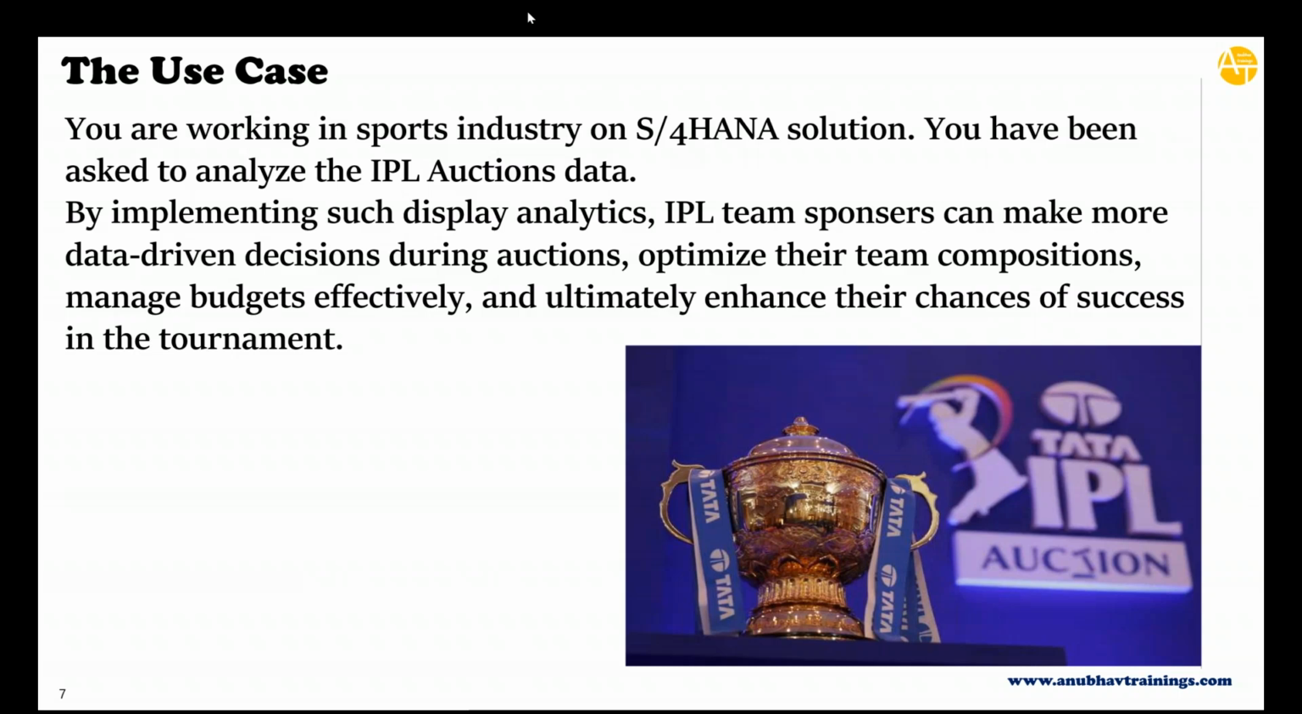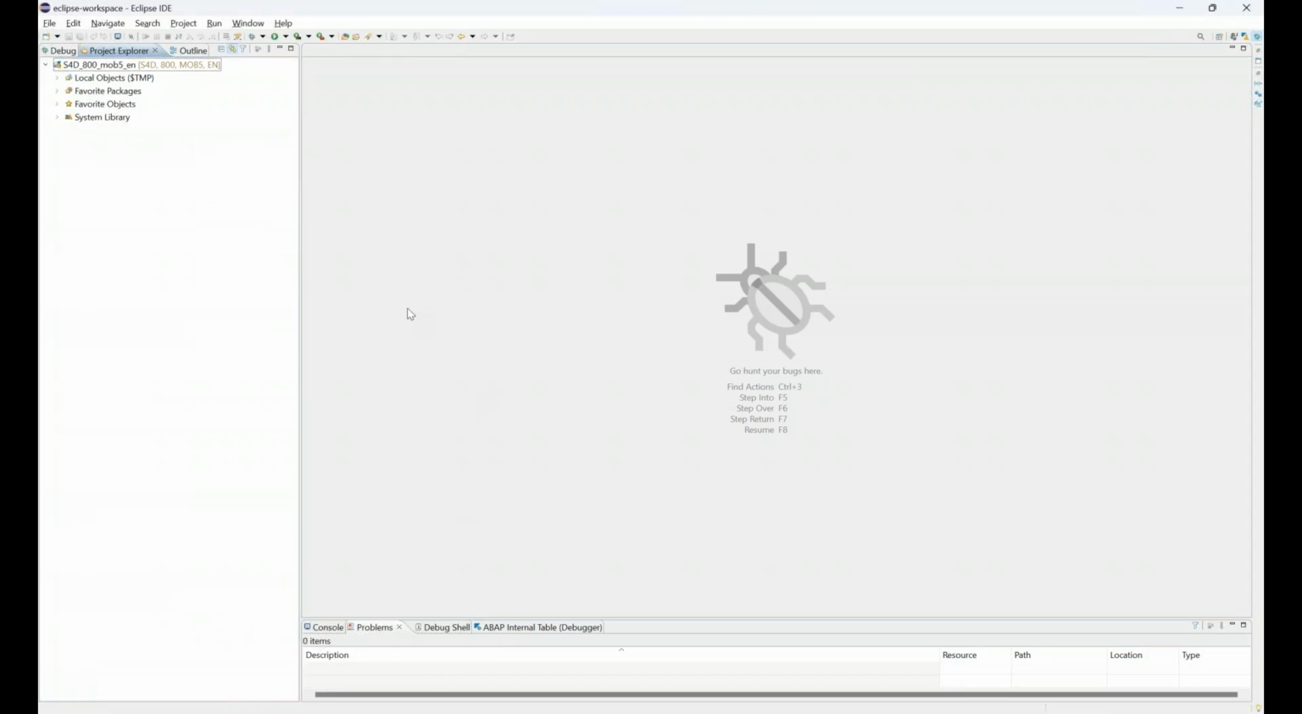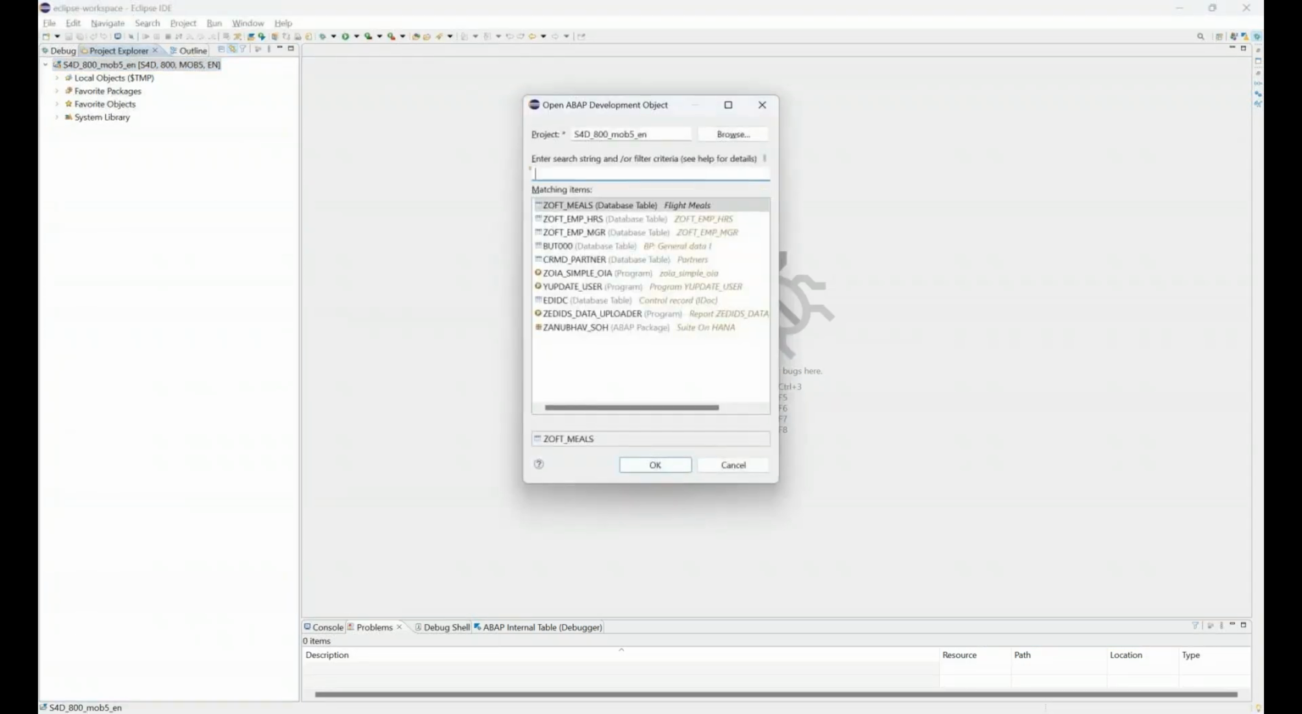Now, in order to achieve this use case, I have already created a small database table in our company system. It's called ZIPL auction. That will be our base layer for displaying the data. So I will go to our SAP system and show you the database table which we created before you joined this demo session. It's called ZIPL